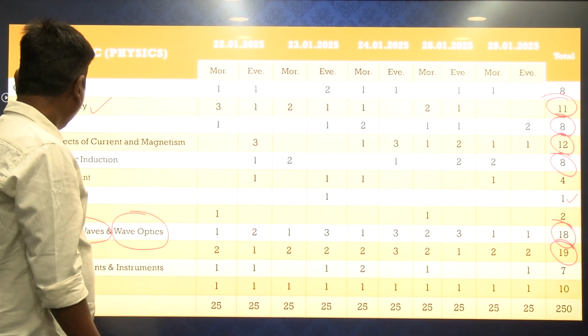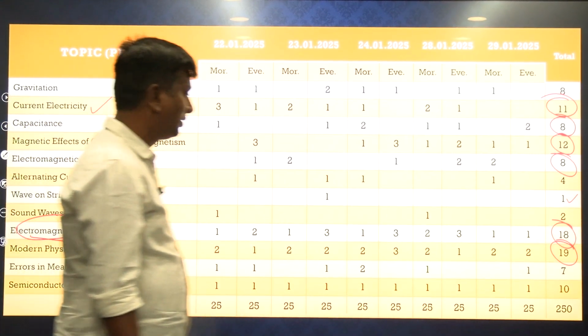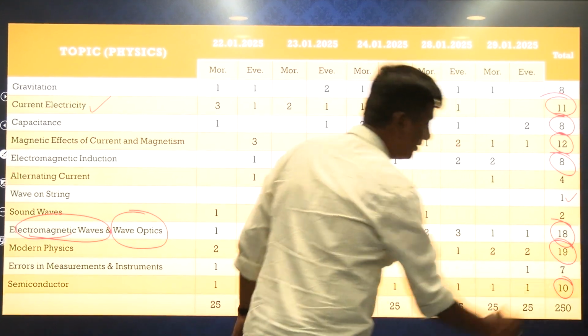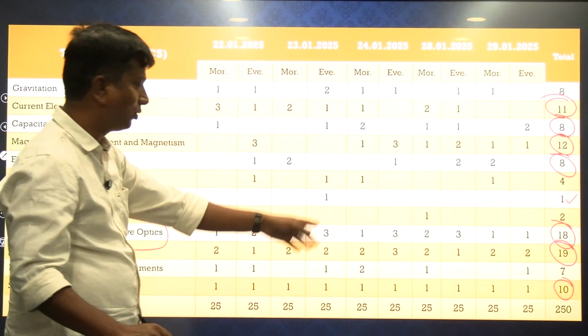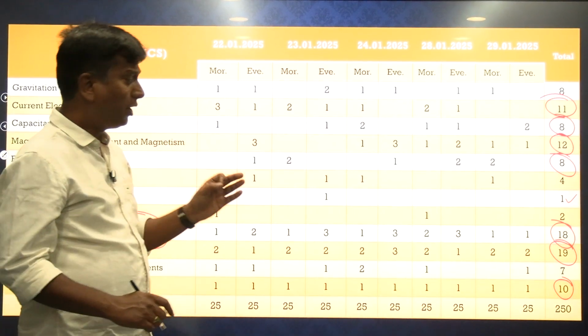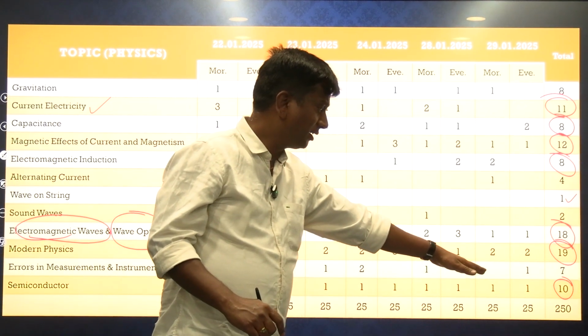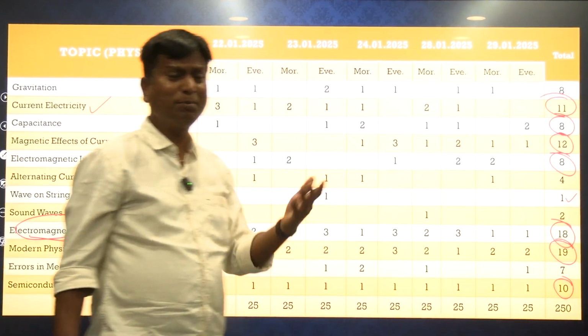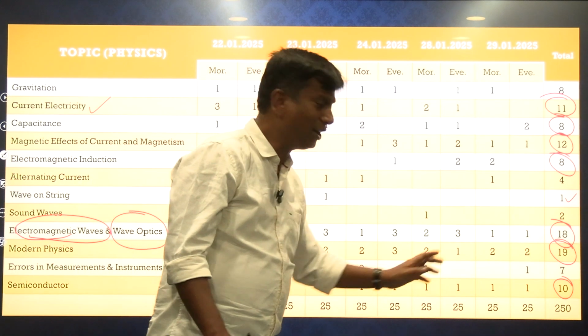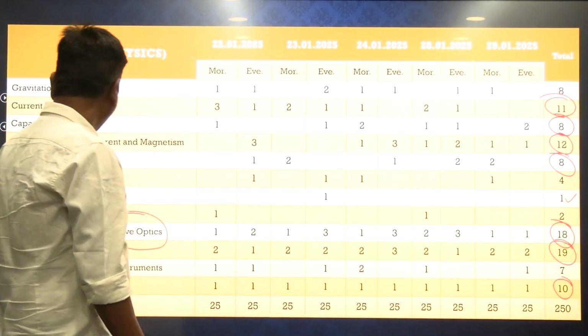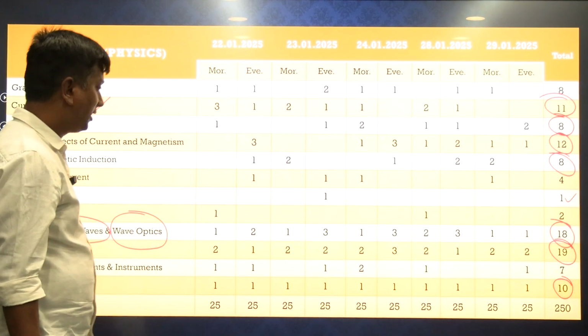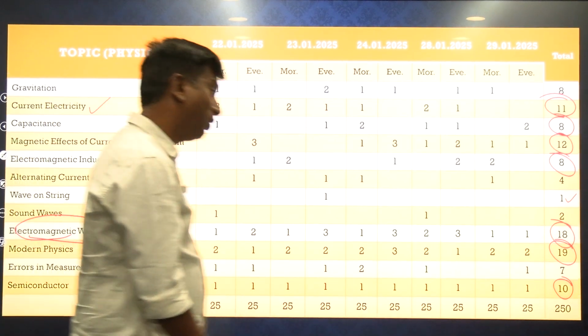Next, semiconductors also, you got 10 questions, means every paper you got 1 question on semiconductors, whether it is a small related question starting with type PN junctions and applications, or it is related to logic gates. Okay, and when it comes to errors and measurement and the vernier caliper and all, that also you got